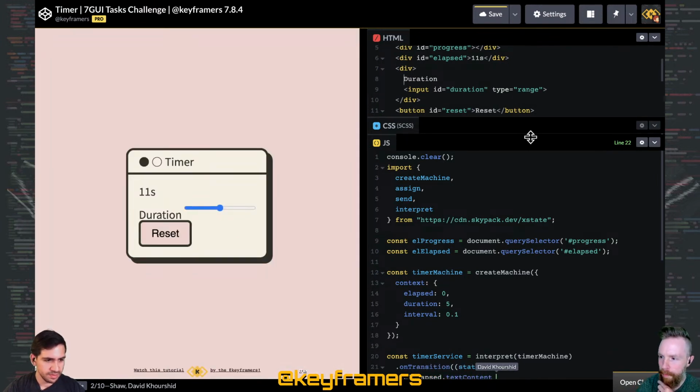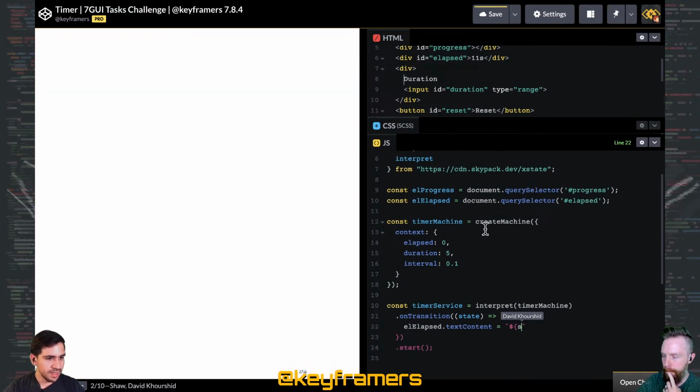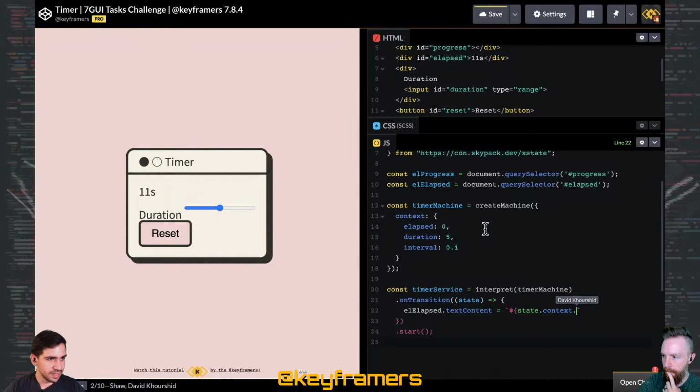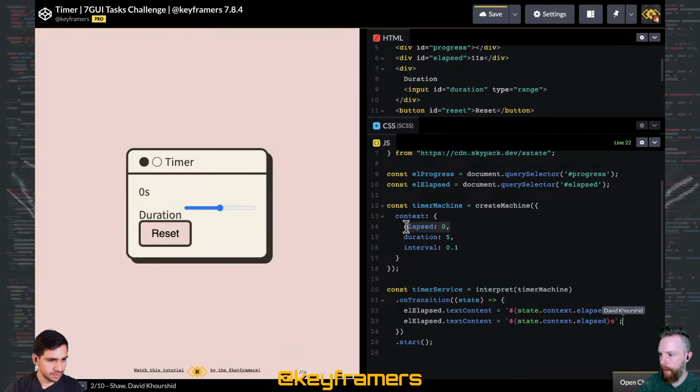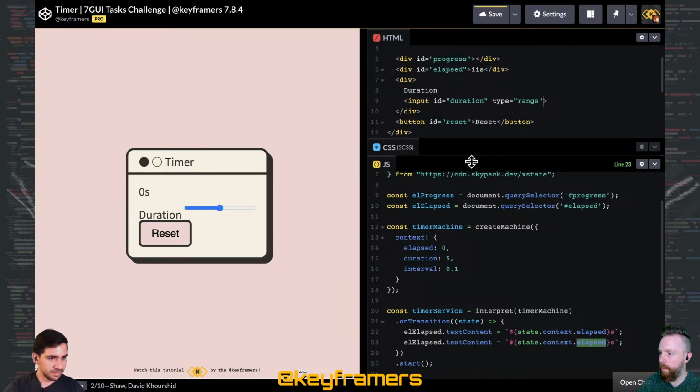text contents. I always forget whether to use text contents or inner HTML or whatever else there is. But anyway, we're going to make this states.context elapsed seconds. And will that be stored in seconds, or will we be using milliseconds? Or no, we'll store in seconds just for now. Yeah. And then